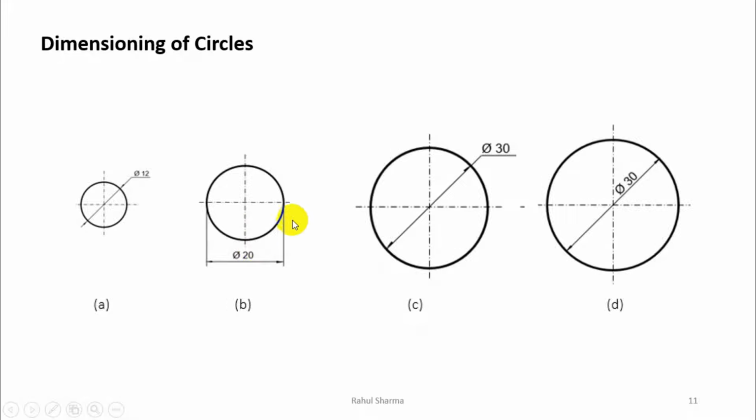Now this is the second way. We use a linear type of dimensioning to give the size of a circle. Then the third type is used when the space is sufficient to draw the dimension line inside the circle passing through the middle, but we are unable to write the value inside, so we use the leader line and write the value outside. And this is the fourth one, when the circle is big enough, we make the dimension line and dimension value both inside.